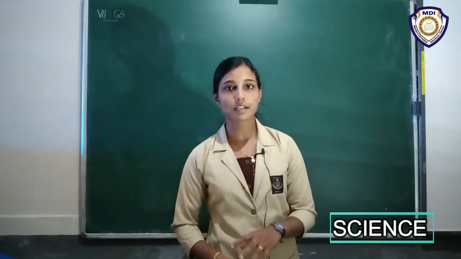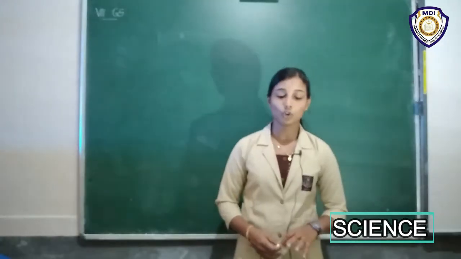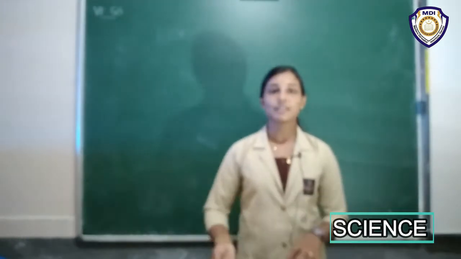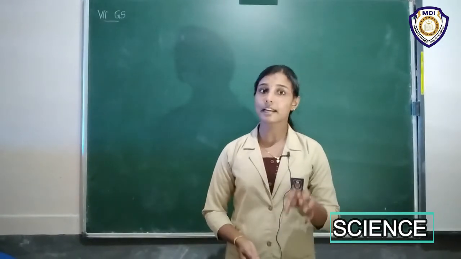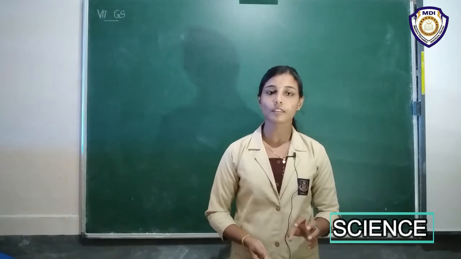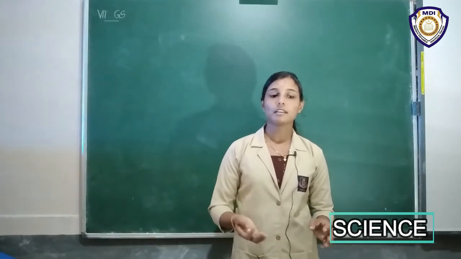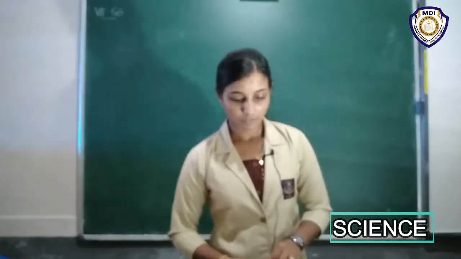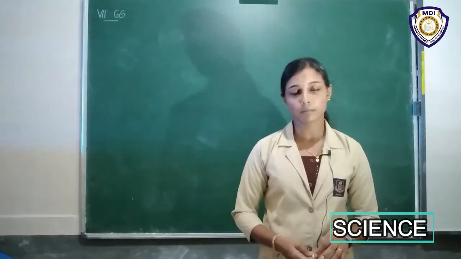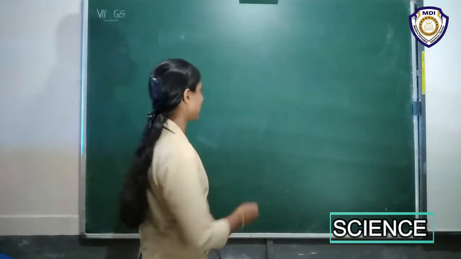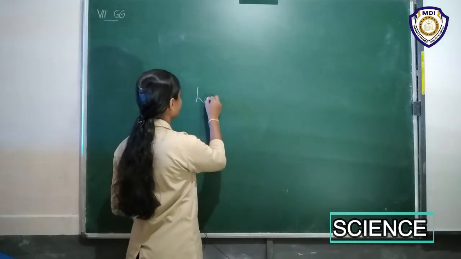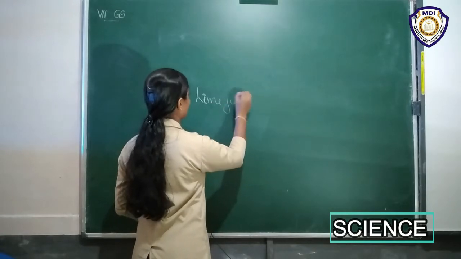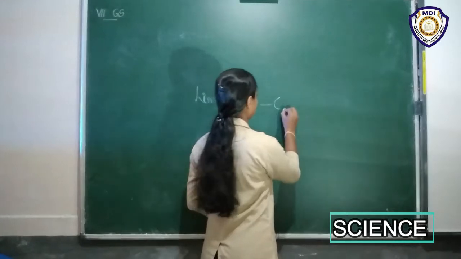So what will be the color change of red litmus paper? Yeah, red will change into blue. Sorry, red will not change its color. That means it is acidic. Acidic means red litmus paper remains as red. But when a drop of lemon juice is dropped onto blue litmus paper, the blue will change its color into red. Okay, lemon juice, we know, and lime juice, we know, contains citric acid, right?